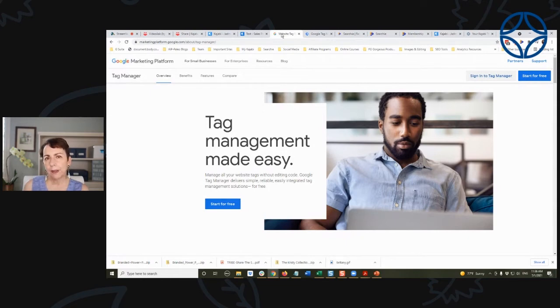And the advantage of this, and a lot of times people use this for their Google Analytics code, for any SEO type tracking codes, is that the more code you typically add to a site, especially a WordPress site, it can slow your site down. So using Google Tag Manager, Google acts as an intermediary container to hold the code, but it's reflected on your site and doesn't slow it down. Just like Google always does. This is free. You all have access to this, especially if you have Google Analytics already set up. You can use it very easily.